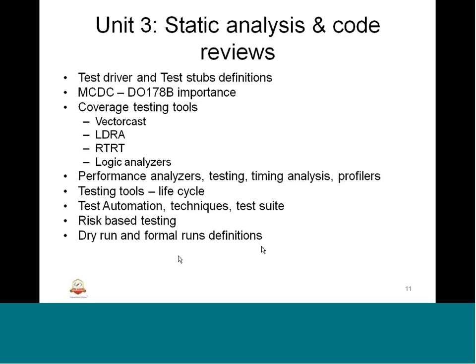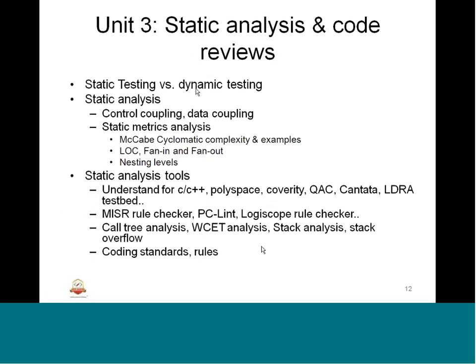The next one is the third unit, which is about static analysis and code reviews, where we do static testing and analysis, reviews, inspection, and all that. And we drew differences between static testing and dynamic testing. Both complement each other; both are needed. Static analysis has control coupling, data coupling, static metrics analysis, and complexity, where cyclomatic complexity is called out, and a few examples we went through with a call tree example